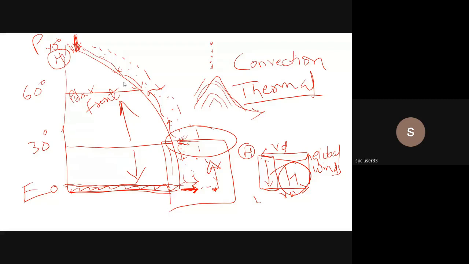Anyway, coming back to the explanation. While they are reaching 60 degrees, there is another group of air particles which has started moving from 30 degrees and it is also reaching 60 degrees from the other side. Now, though these particles coming from the polar areas,